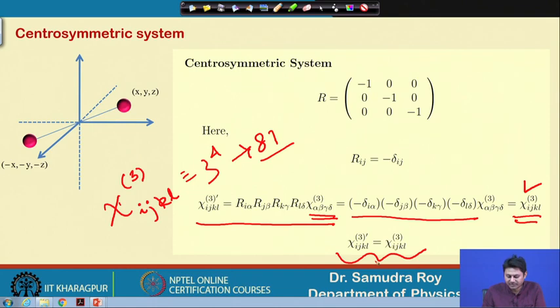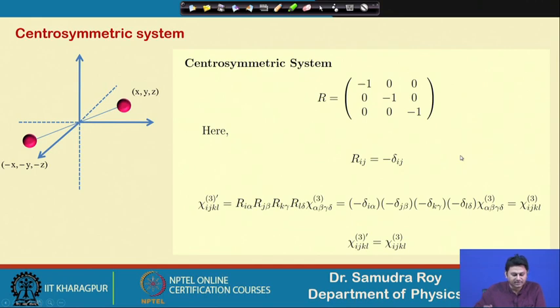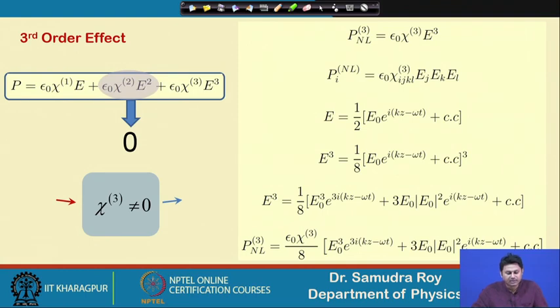That means the first higher order nonlinear effect one should expect comes from these third order effects. So, the third order effect is basically the first higher order effect here in a centrosymmetric system. So, that is why it should be very important to understand what is the effect of this χ^(3).